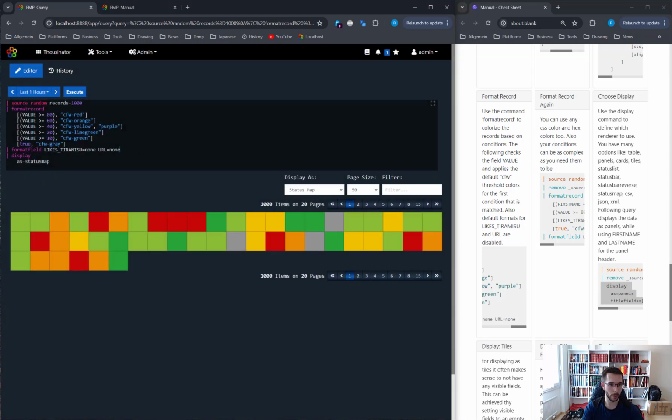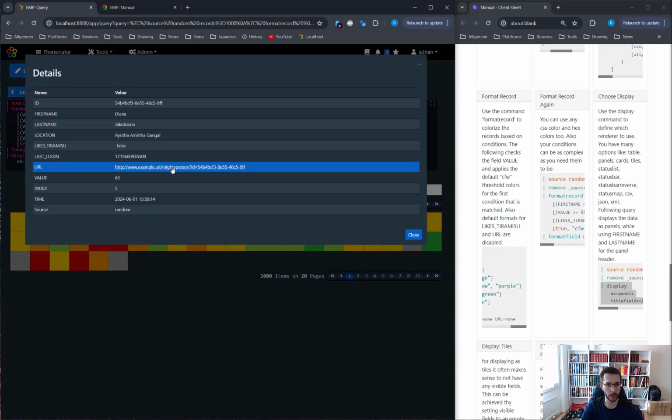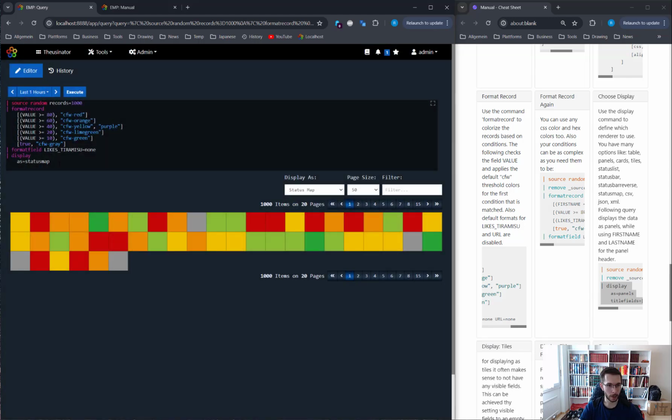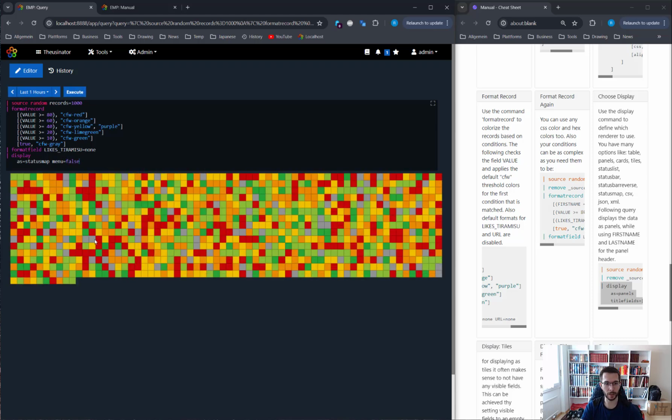When we go here and take away this URL none, then the URL should actually be a URL, so we can access the data and create our custom links and so on. One more thing to this display command. Currently this map has 1,000 items, but we only see 50 on this page. If you want to show everything, we have to disable the menu. So menu false, and then we have everything on